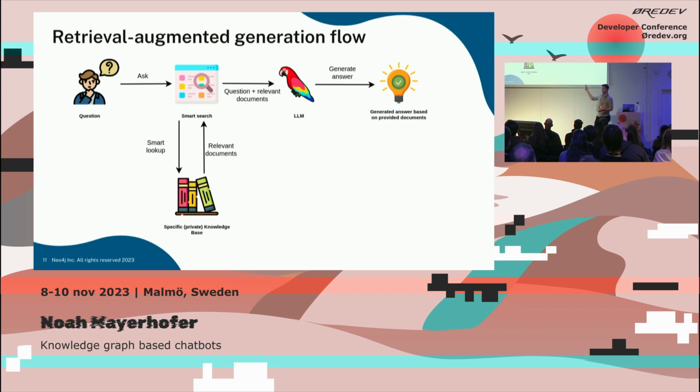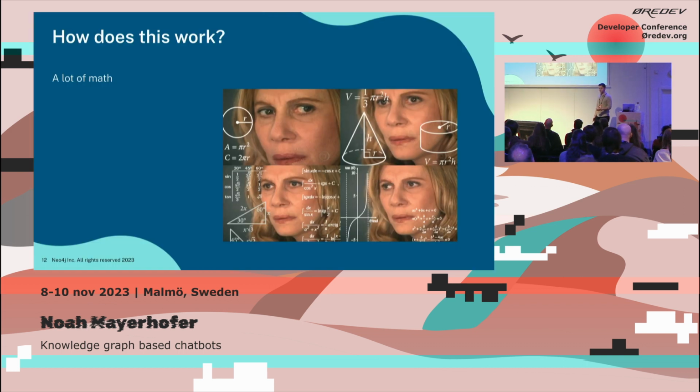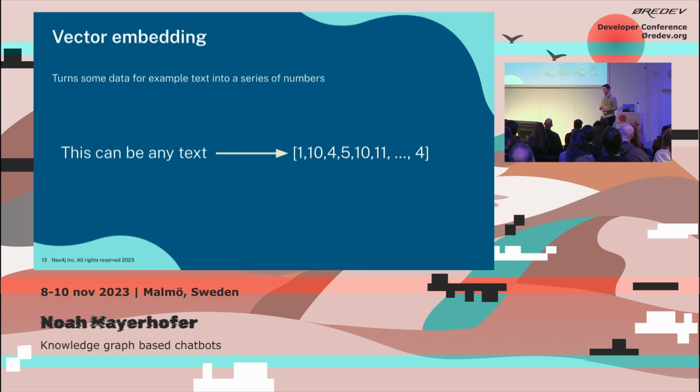And this smart search can be connected to a knowledge base you have created. It can be private information, so you don't have to leak it to someone else. And then we retrieve those documents, send the documents together with the question to the LLM, and it can answer the question as we saw just now. So this smart search, how should it work? And the secret here is a lot of math. Sadly, like all the fun things, there's a lot of math behind it. But it's actually not that hard, so I'm going to walk you through it step by step, how it works.